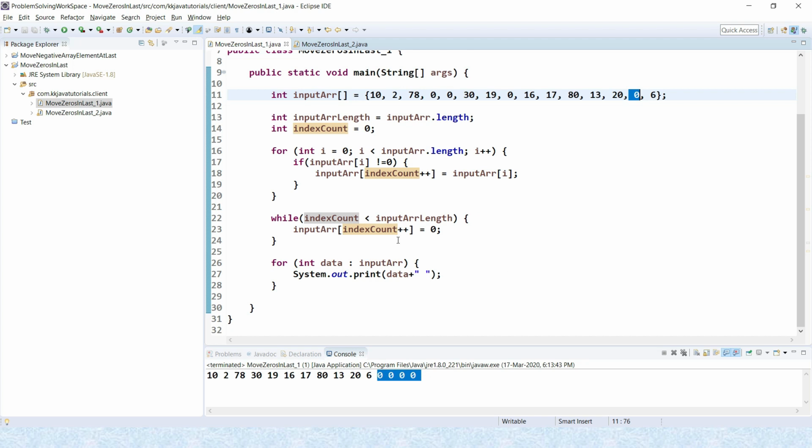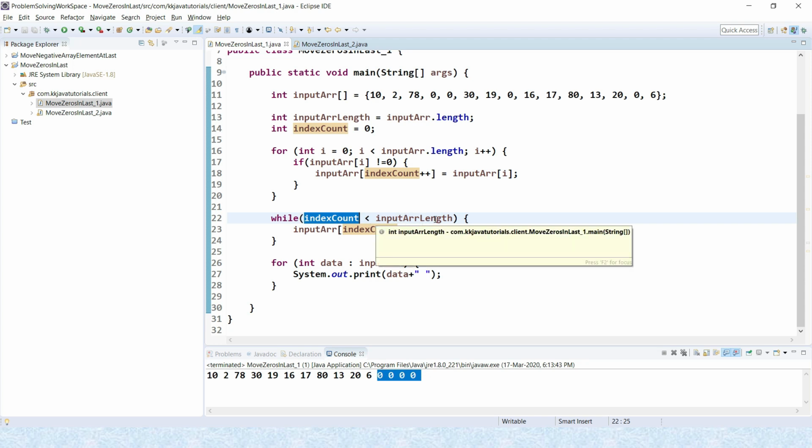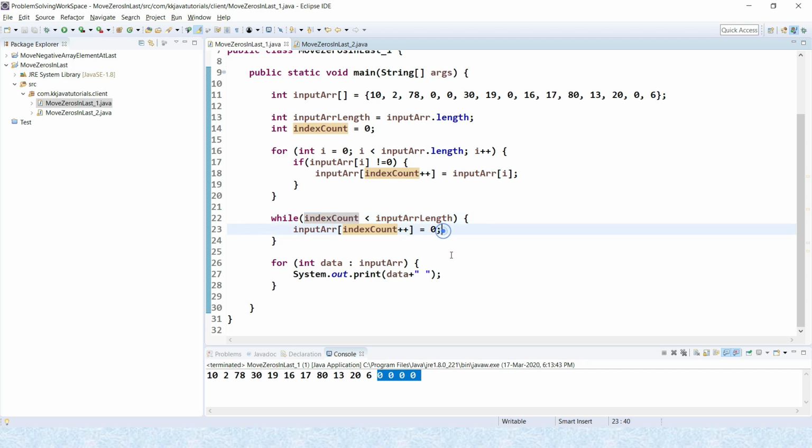Now what we are incrementing is count, while it is less than input array length. Why less than input array length? Because when you look at the array length size, the last index would be the array length minus 1, and that's why. So now if I